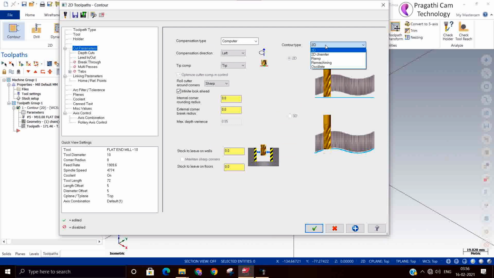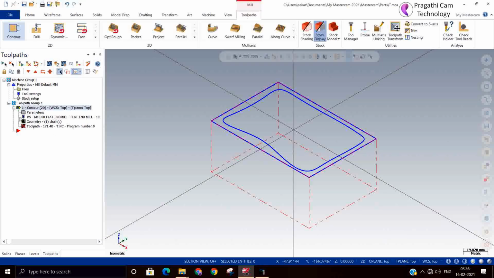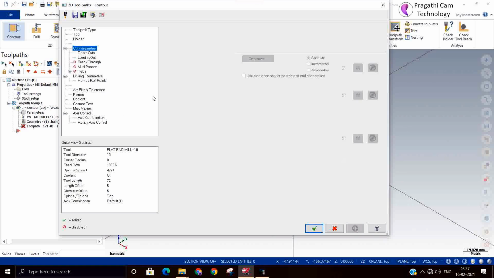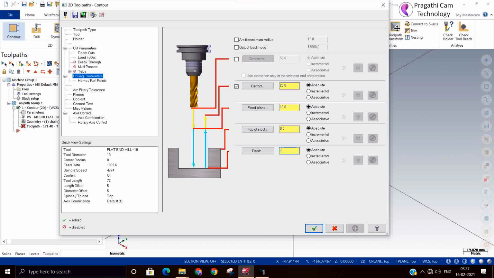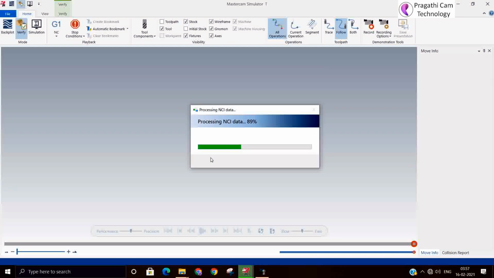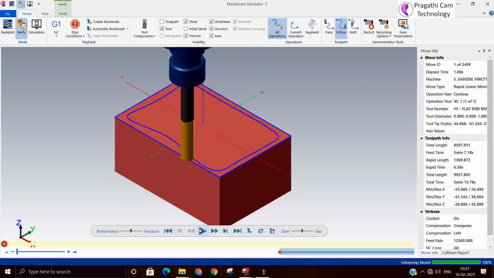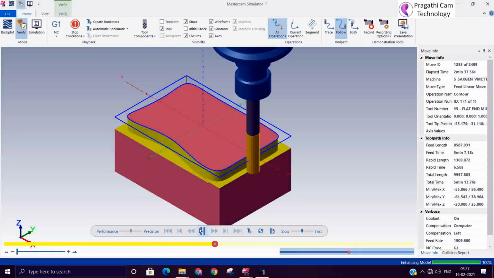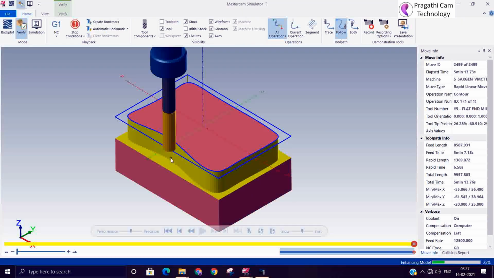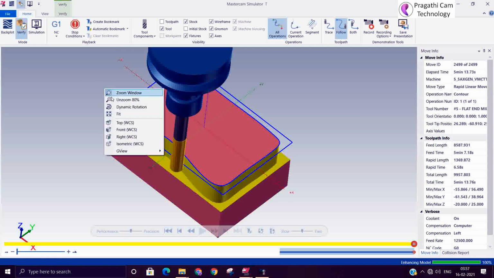So what is next? That is 2D chamfer. Next, I'll change the depth to minus 20. Just simulate and see. Okay, looks good.